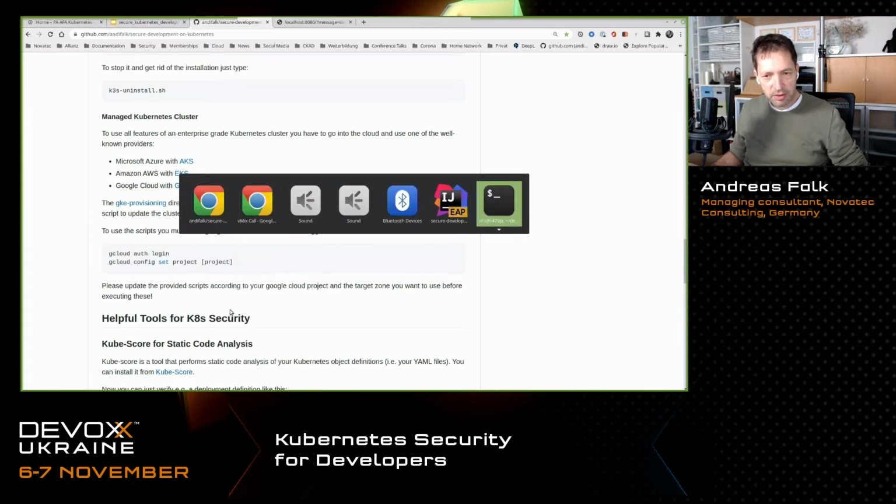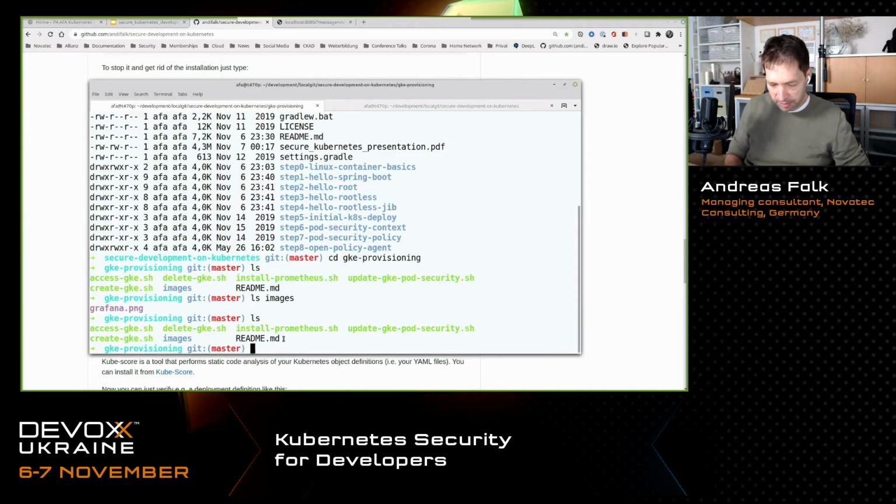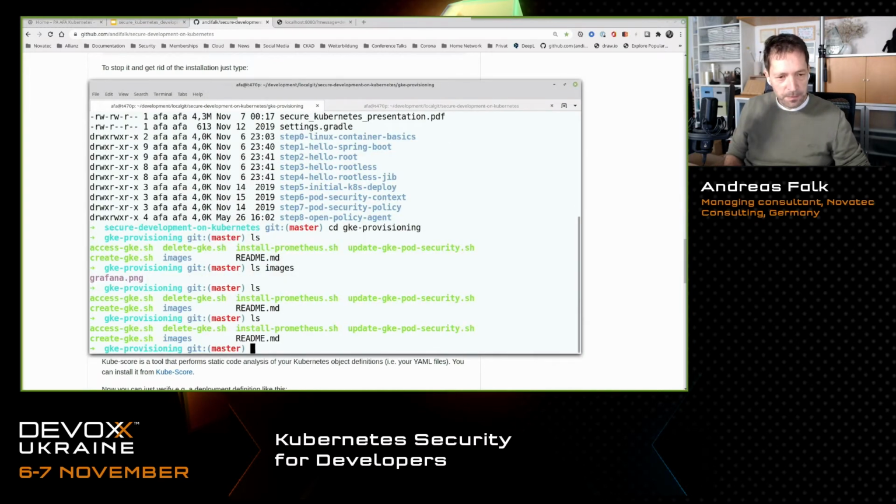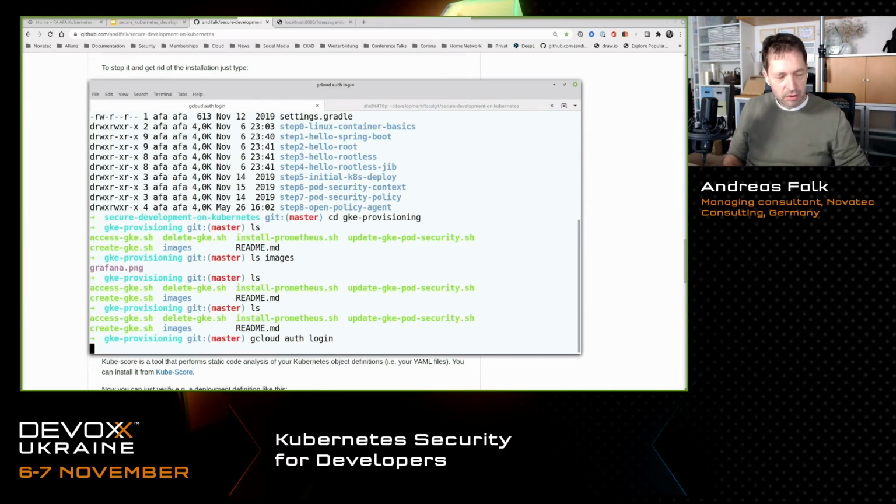So I will already prepare a cluster for the later labs, because creating a cluster takes some time. Now before that, I should probably log into my environment first. It takes some time today.